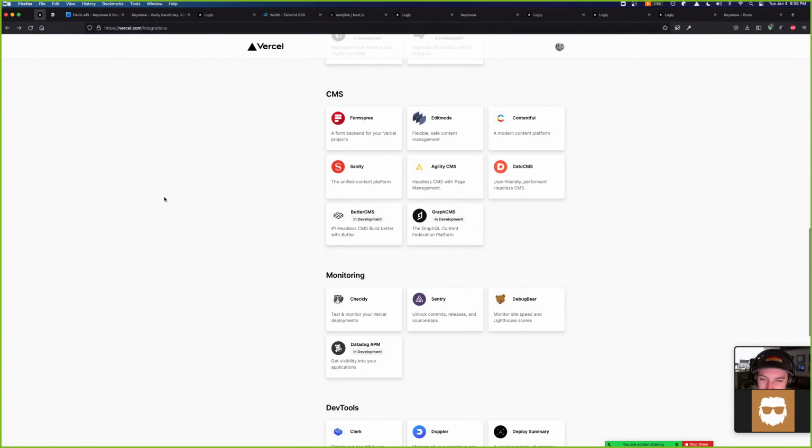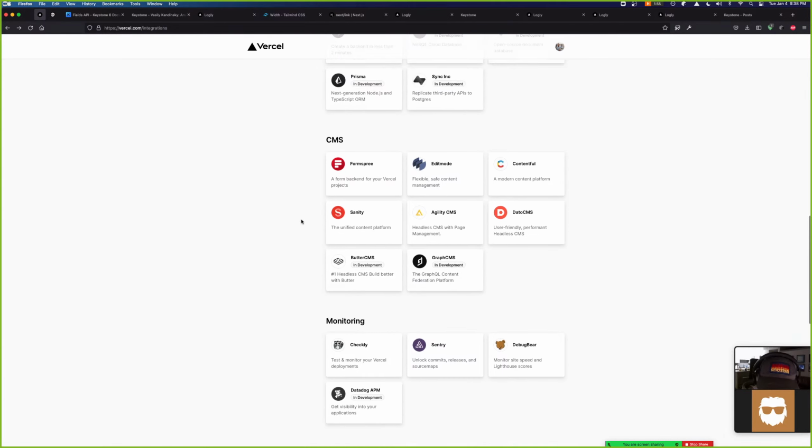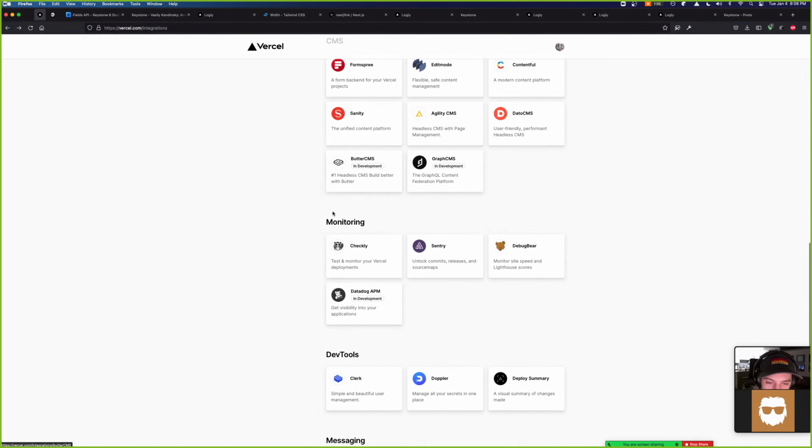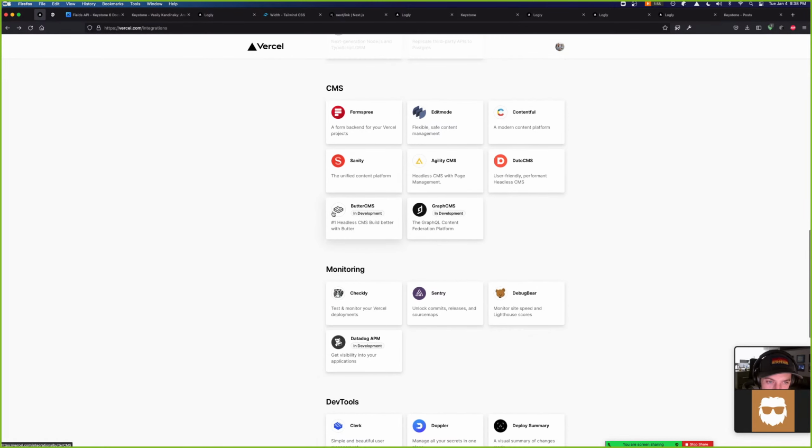Vercel has all these CMSs: Sanity, Agility CMS, Graph CMS, Butter CMS. Yeah, maybe they just spin up a repo.